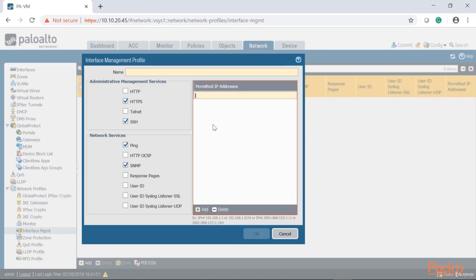So let's go ahead and click add. And in this case, I have a 10 network. Say, for example, it's a 10/24. I'm going to add it here. Let's call it our first